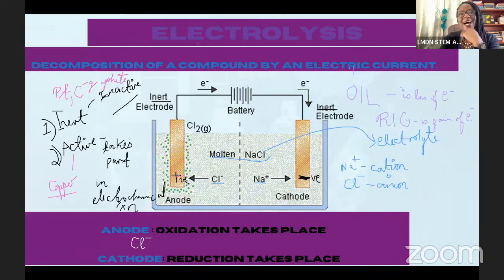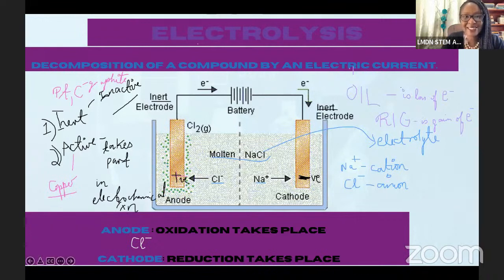Now, what's happening at that anode is that chloride ion is wanting to go back to that neutral state. It's going to go back to a neutral state now, right? But the way that it became an ion was because it had gained an extra electron. So to go back to being neutral, it would have to lose that electron that it had gained, right? So oxidation is loss. It's going to lose that electron that it had gained to become that negative ion in the first place.